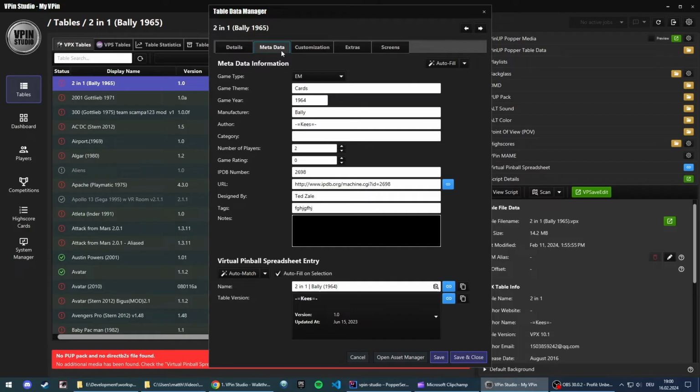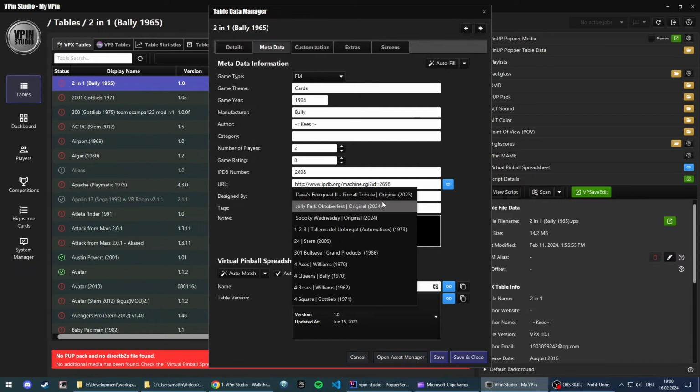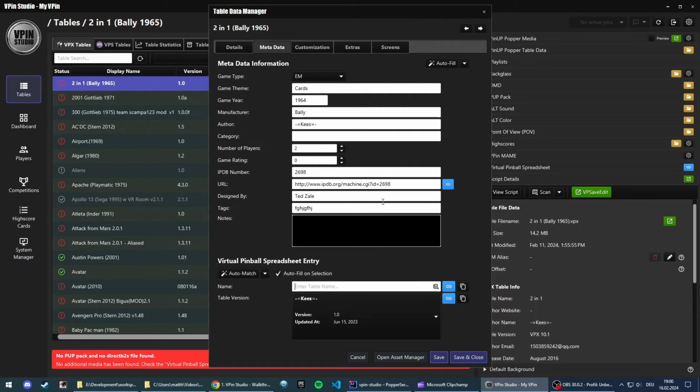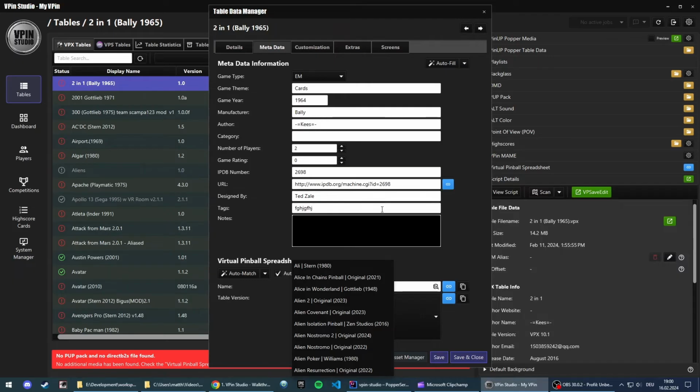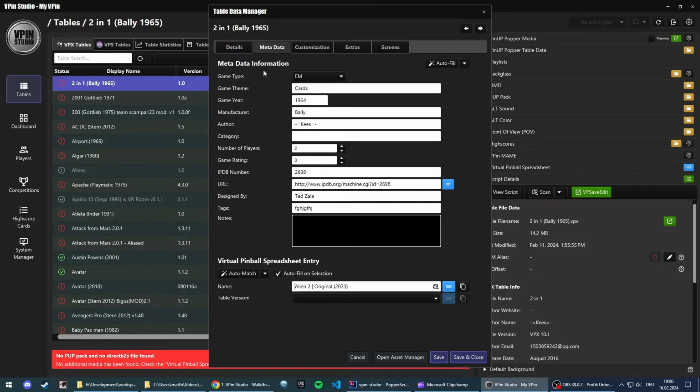Another metadata that can be set inside the table data manager is a VPS entry. This can be used to extract data from the virtual pinball spreadsheet and apply it to the Popper database. You can use the search here to search. For example, if we had shown alien before, let's stick to this example. I know this one's an alien table, but if you match the table and select one,